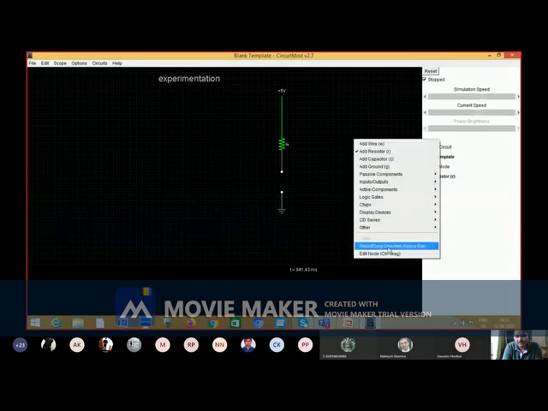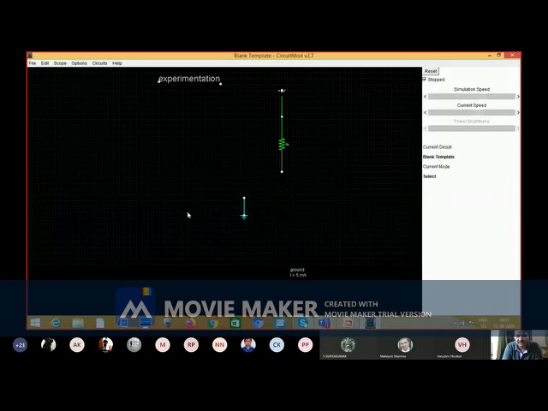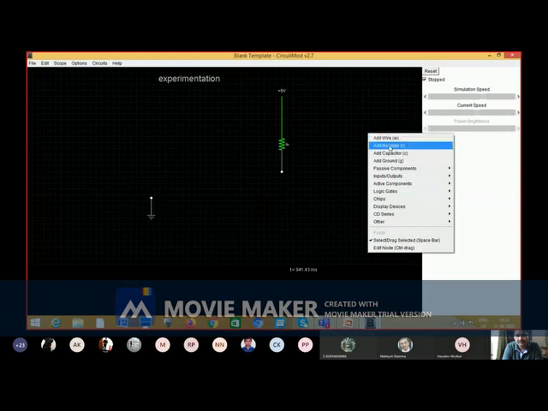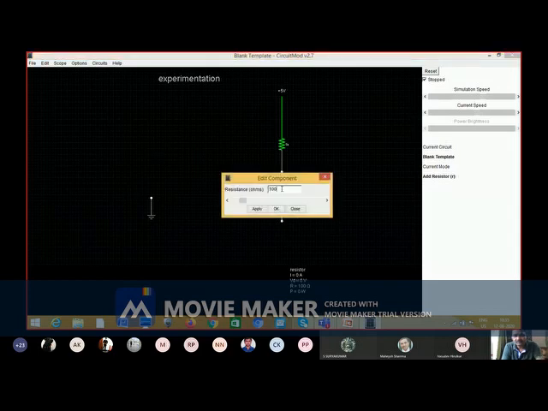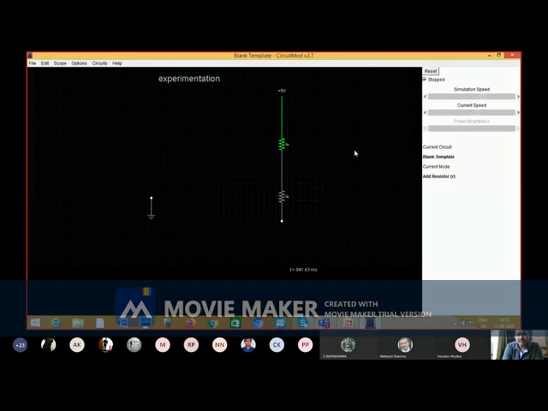OK, first of all, I will move this part somewhere and I will take a resistor. OK, and I will take the same value, 1K, 1K, and I will take a ground here.